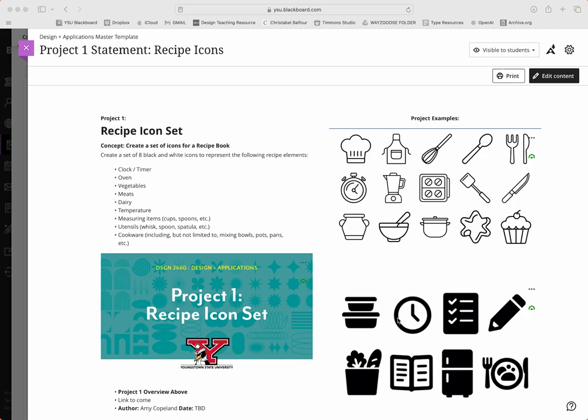The reason we create icons, and one of the most important aspects of an icon, is that you're taking an object and making it into its simplest form. In this way, you can size down the icon to like 1/4 of an inch, and you can still see what it is. So you want to make sure that your final icons clearly represent what the object is, but that it is also still readable at a very, very small size, which if you look at these examples,